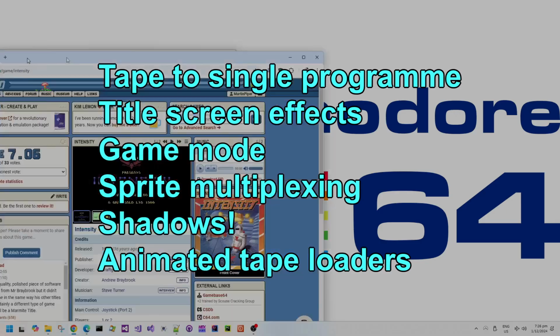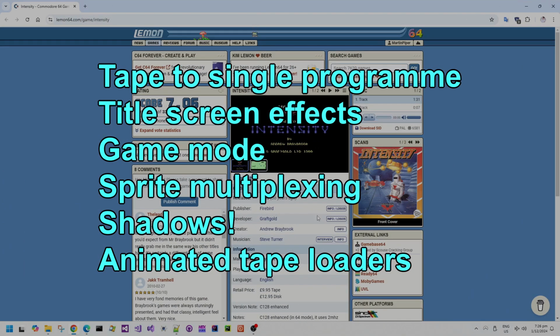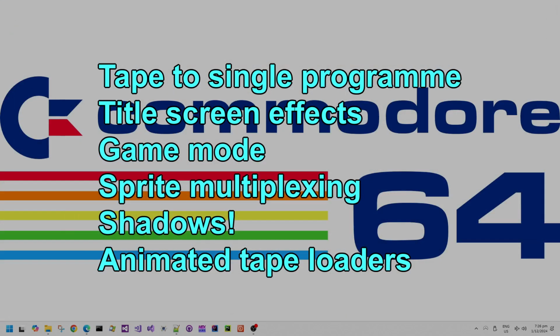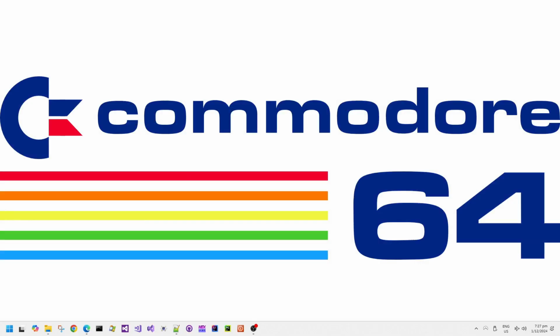To analyze this in C64 Debug GUI, I'm going to need to convert the tap file to a single program file. Then we can have a look at the title screen, the game mode effects, sprite multiplexing, how the sprites seem to use some shadows, and also we're going to have a look at the animated tape loaders for Intensity,